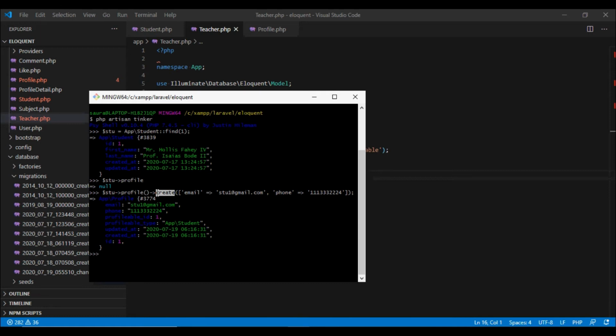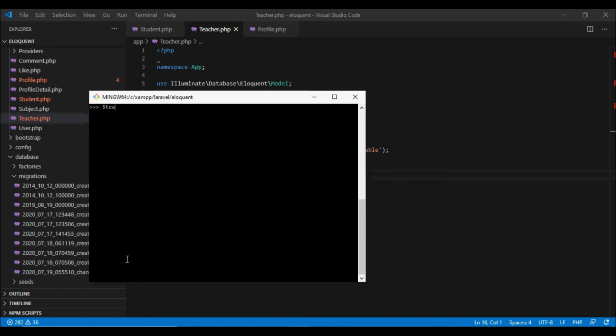Let's do the same thing for the teacher as well. We are going to fetch a teacher, and we are again going to use the create method to create a profile of the teacher.